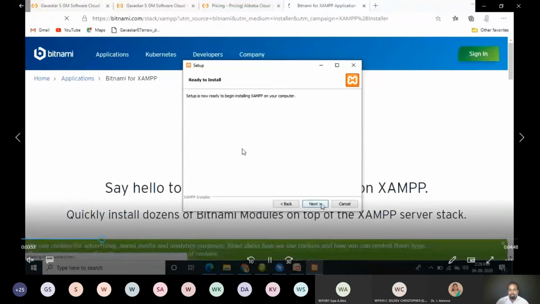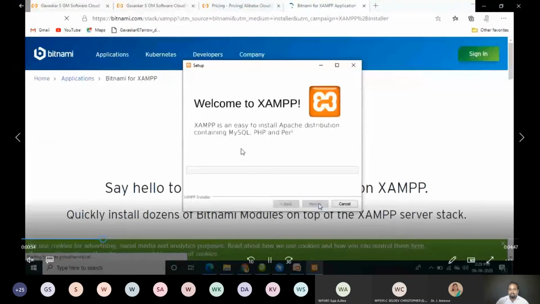Now you click next. You have to download XAMPP server and install it. If you are using Linux, you have to go for LAMP stack.